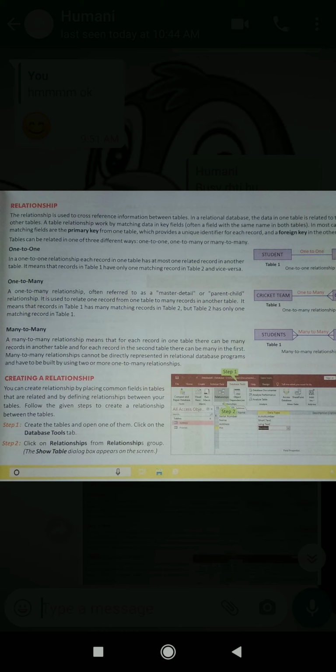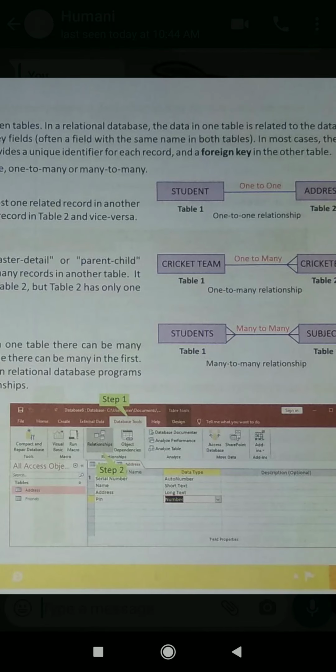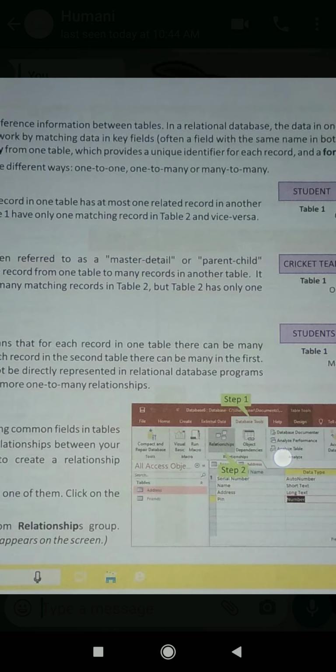Many-to-many relationships cannot be directly represented in relational database programs and have to be built by using two or more one-to-many relationships. Say, students and subjects: one student can take many subjects, and one subject can be liked by many students. Okay, so next is creating a relationship.